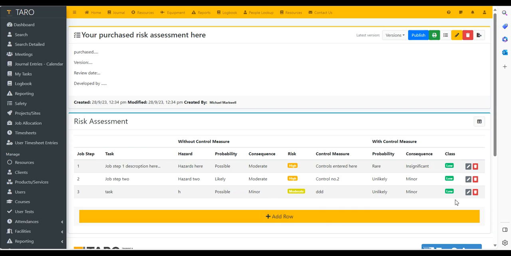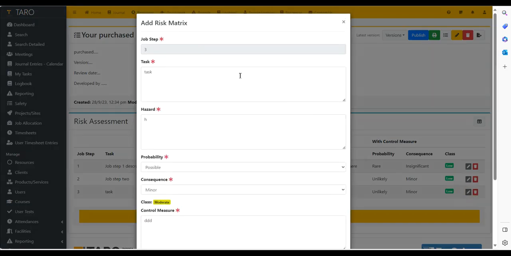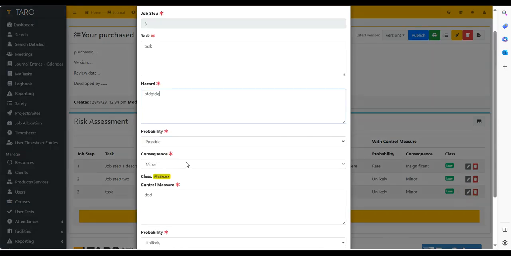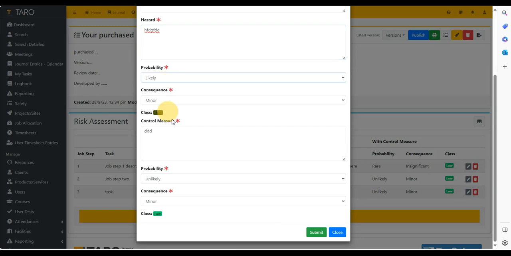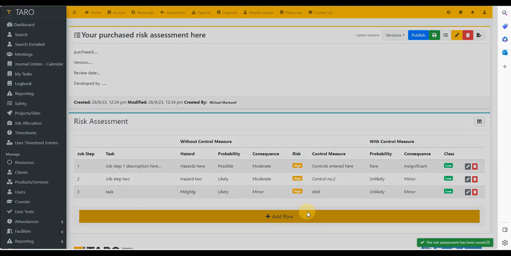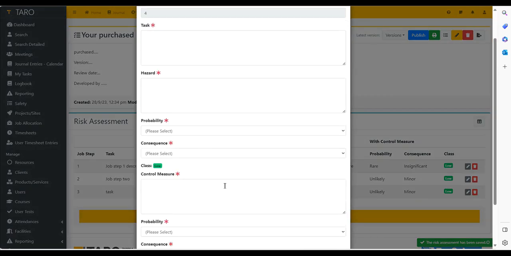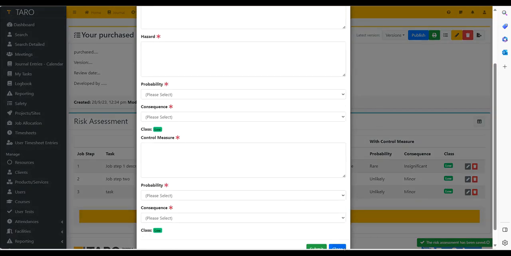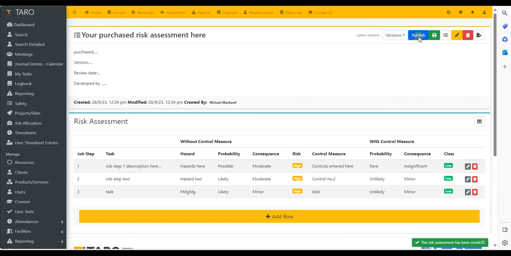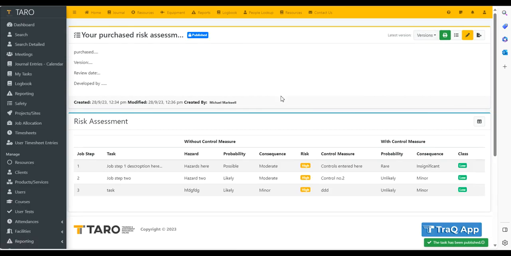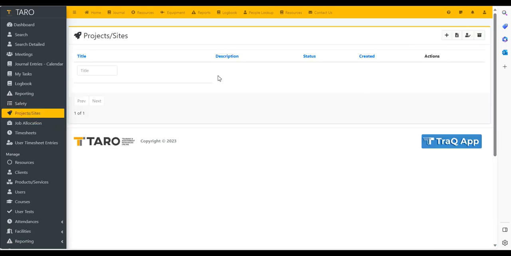If you wanted to edit one, these are just a bit of example information. You can just put whatever you want in, change whatever you want, and hit the green button. If you want to add a row in, it's the same procedure. You just fill out all the information there. If you're happy with it, just hit publish. Alright, now that stays in a generic format, and when you start your project and site, you just come to